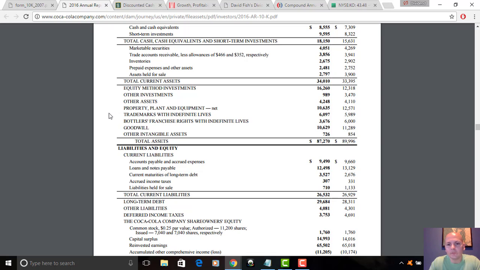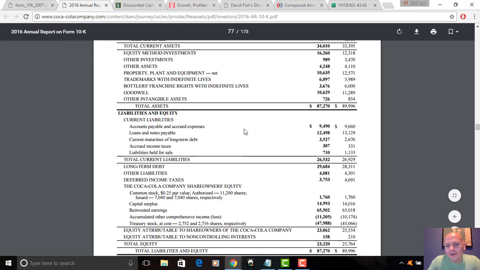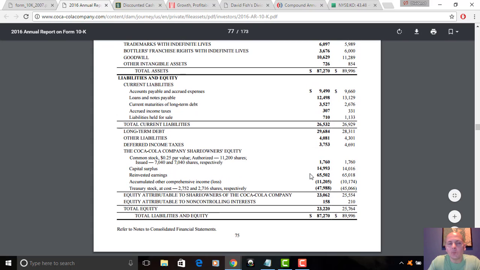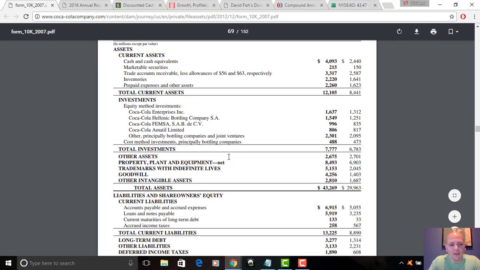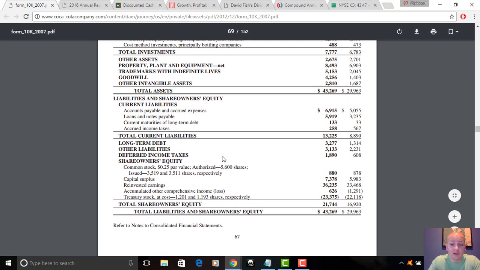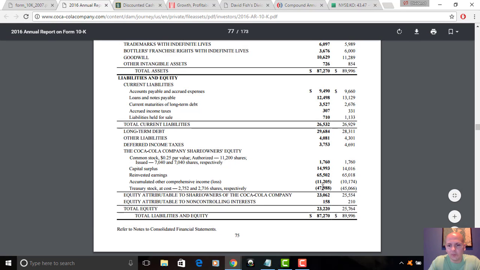If you were to take your own personal net worth, that would be your shareholder equity, with you being the only shareholder in your own personal business. If you're the CEO of your own company, that's what shareholder equity is. With businesses, it's a bit more complicated though, because equity can be positively or negatively affected by a number of factors. And one of the biggest that I tend to see is treasury stock, which is stock that's been bought back that's still on the books. And you can see here it's grown quite a bit for Coke because they've been buying back stock for a long time. It's 23 bill, now it's almost 48 bill.